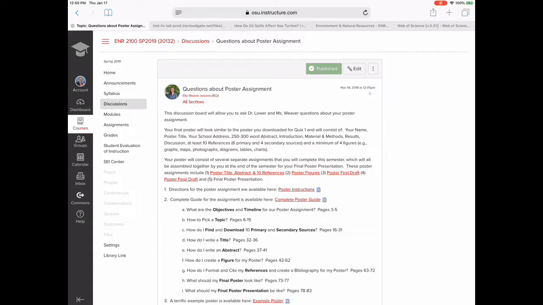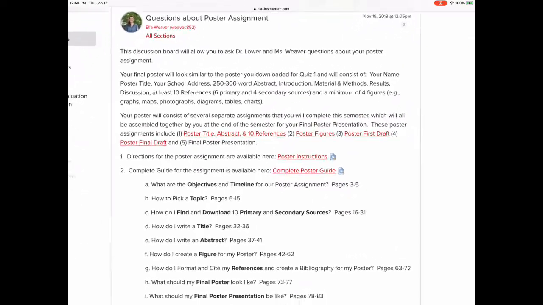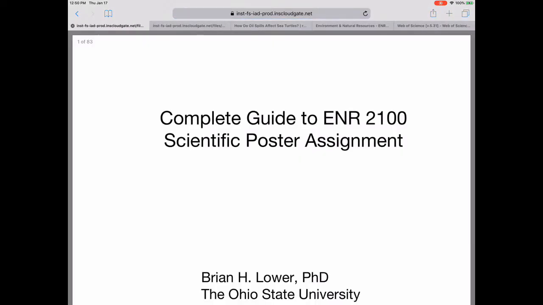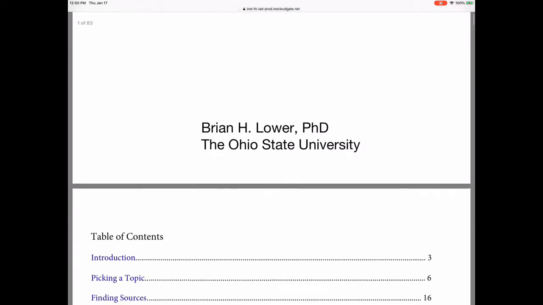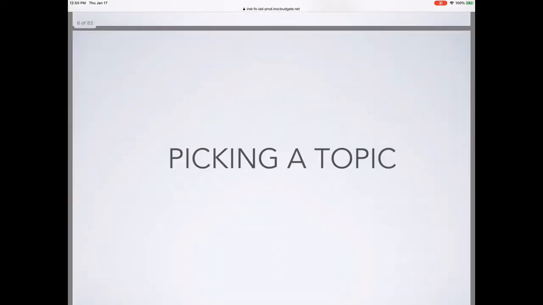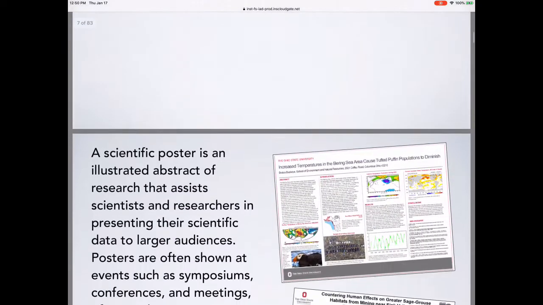To get started on your poster, you should go to our discussion board, Questions About the Poster Assignment. Find the complete poster guide there and click on it. In here you'll have all detailed instructions about the posters. We'll want to go to picking a topic first, and so select that, and this will give you detailed information